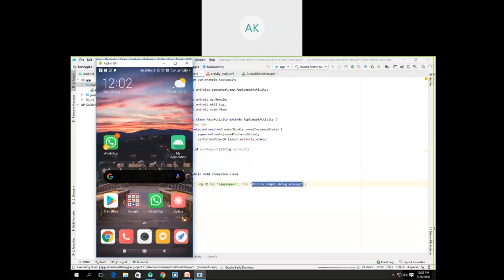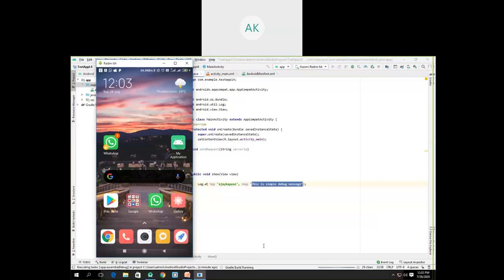So as you can see, this is building a Gradle. Gradle build means it's executing the Gradle scripts in order to execute your app. So it will build your app first, then it will install the app on your device, and after that it will execute your app.